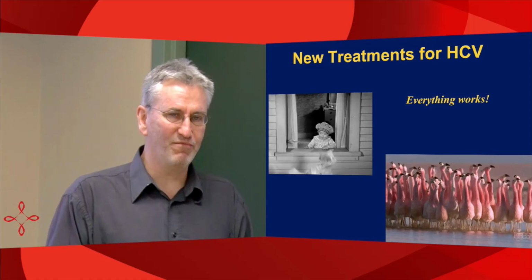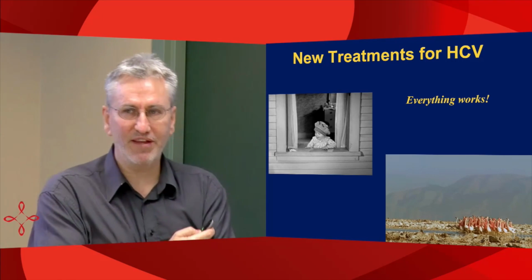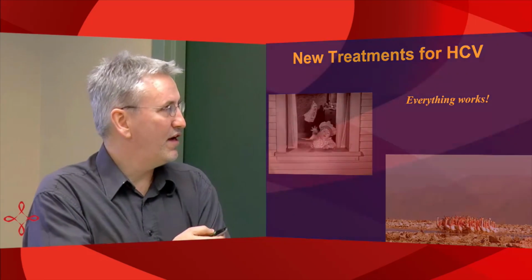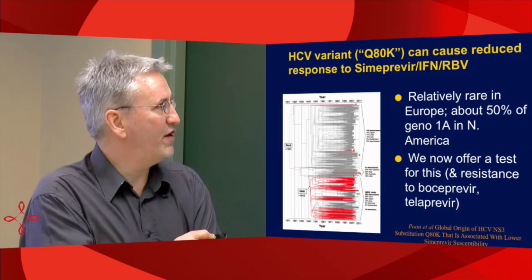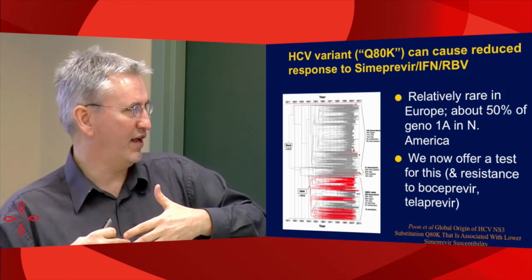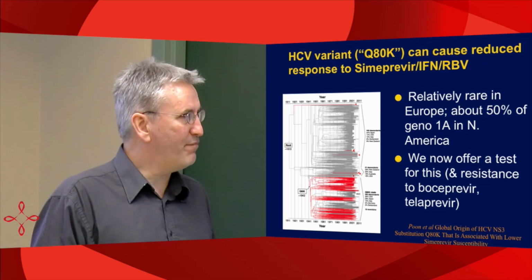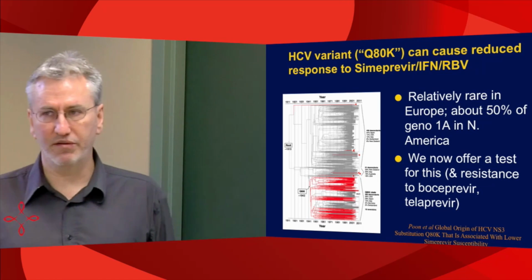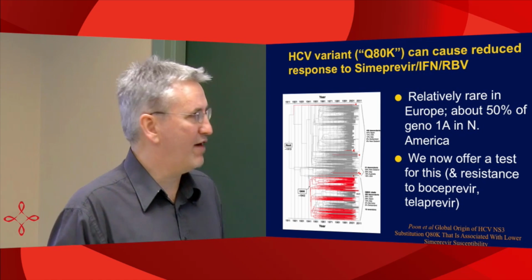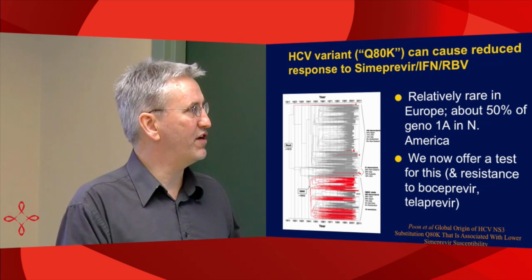But we've been treating infectious diseases for a while, and there's always some people that things don't work in. And so we're developing methods to look at, right now, initially the Q80K one, which is a good one for saying, are you a good candidate for taking Cimeprevir or not? Turns out that about 50% of the genotype 1A population in North America end up having this mutation, which decreases response to Cimeprevir in combination with